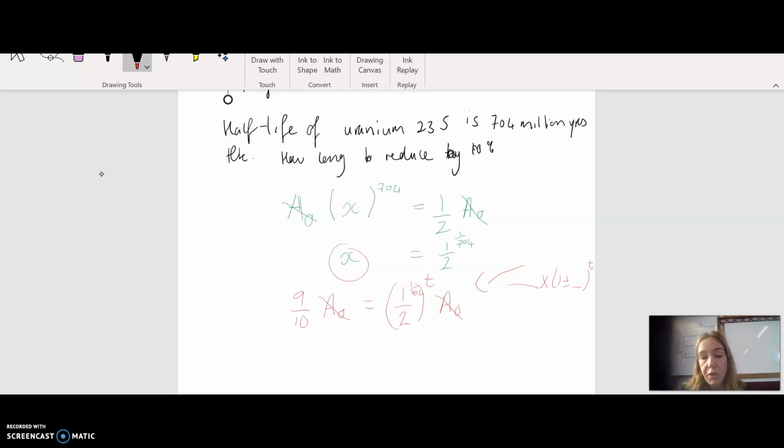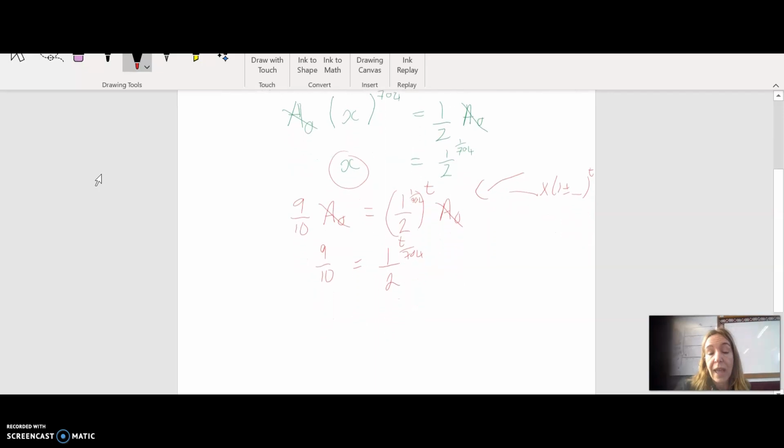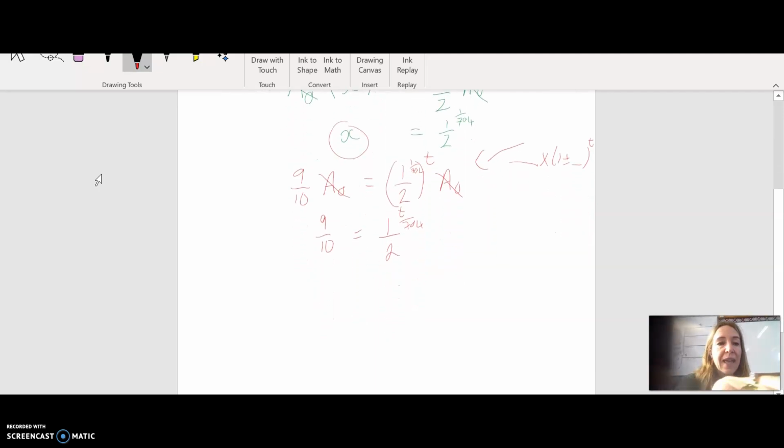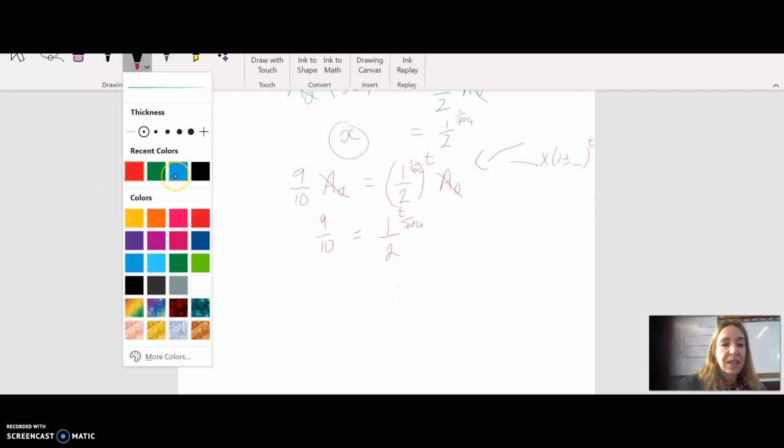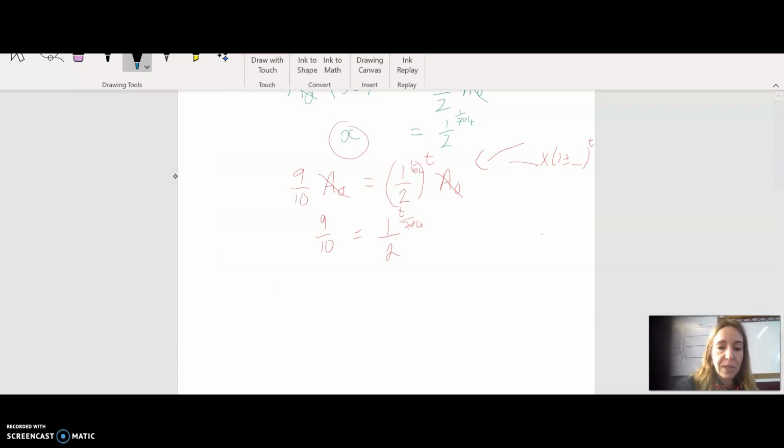So again, now we're just going to do what I did the last time. We need to take the log of both sides. So are you happy that 9/10 is equal to, if you have something in a bracket to the power, you multiply those, so that's going to be t over 704 million, which we had. And this is the bit that we actually did the other day, so I'm just going to do it in a different color. So we're going to take the log of both sides,